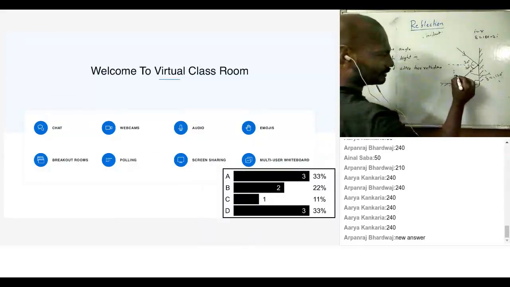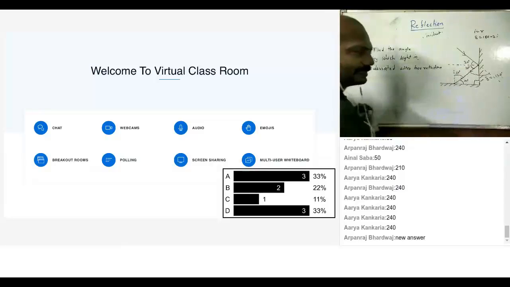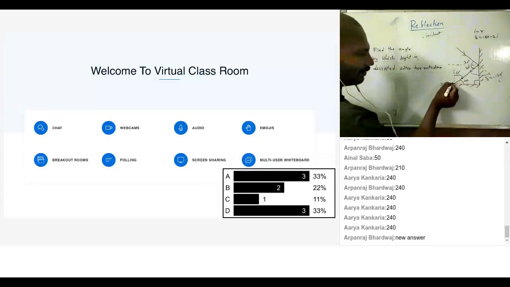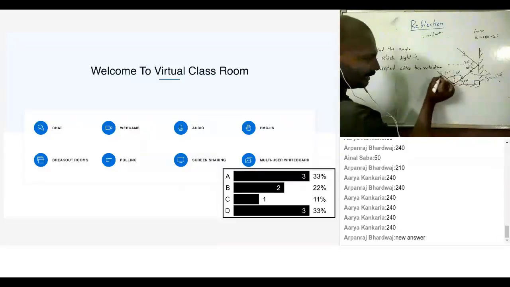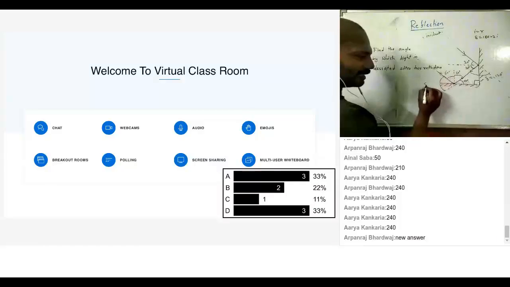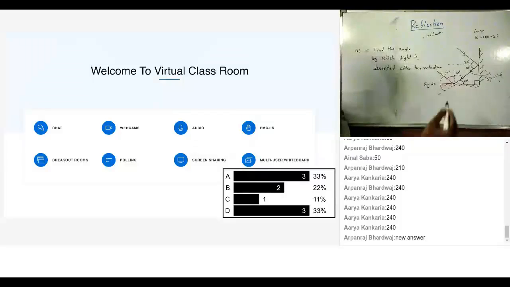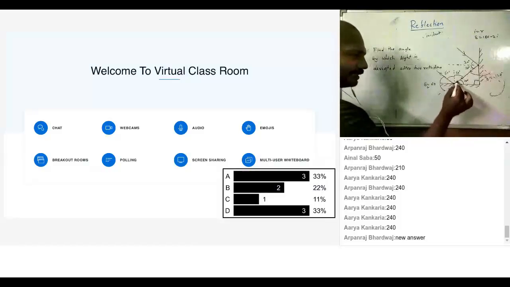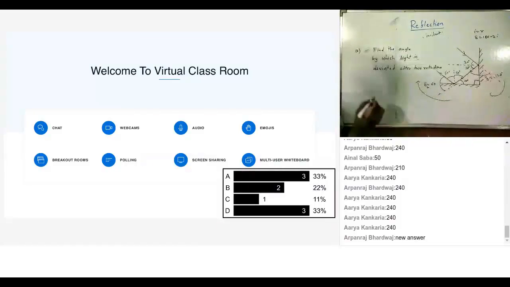Now for this part, what is the angle of incidence? 60 degrees. So the angle of reflection would also be 60 degrees. I need to find the deviation here. This is 60, this is 60, so delta equals 60 degrees. I'll say this is delta 2 and this is delta 1. Here the light is bending like this, and here again like this. So can I say total deviation equals delta 1 plus delta 2?